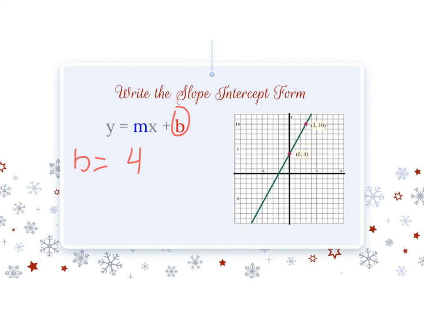So from 4 to our y value of 10, that is going up 6, or you can count the units 1, 2, 3, 4, 5, 6. So that is going to be a positive 6 for the change in our y values